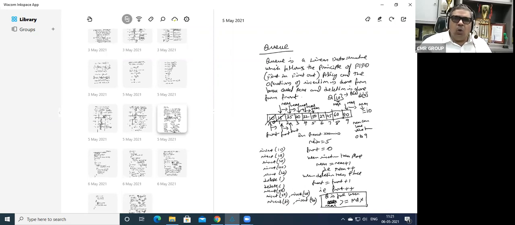In order to overcome this particular problem, give a link from here. After rear crosses this particular location, rear will not go to 10 but will go to 0. Make it cyclic, make it circular. When you are making it circular, this is the link you are going to give. So when you make it circular, what will happen here is simply,